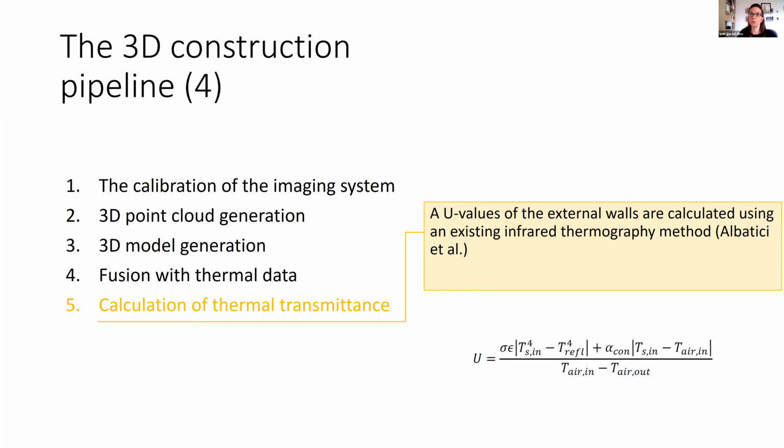And this method assumes that the heat transferred to the IR thermal camera sensor is the sum of heat dissipated by the element for radiation and convection. And following, we solve this shown equation also using the indoor and outdoor temperatures, as well as the reflected temperature from the wall.